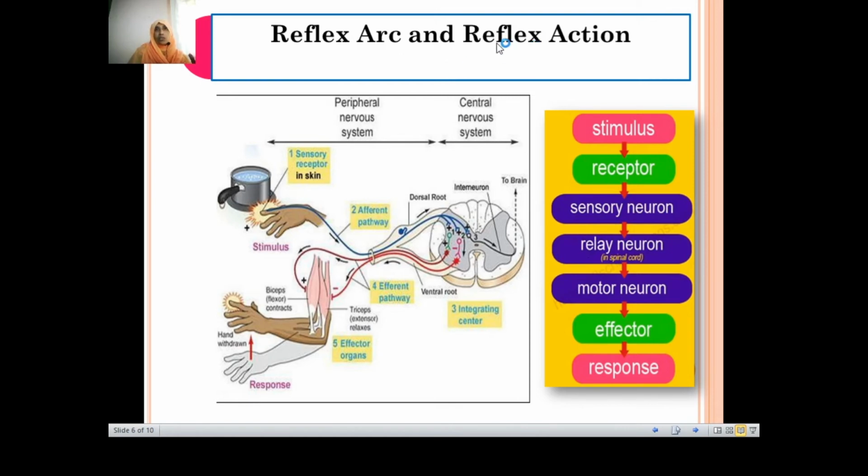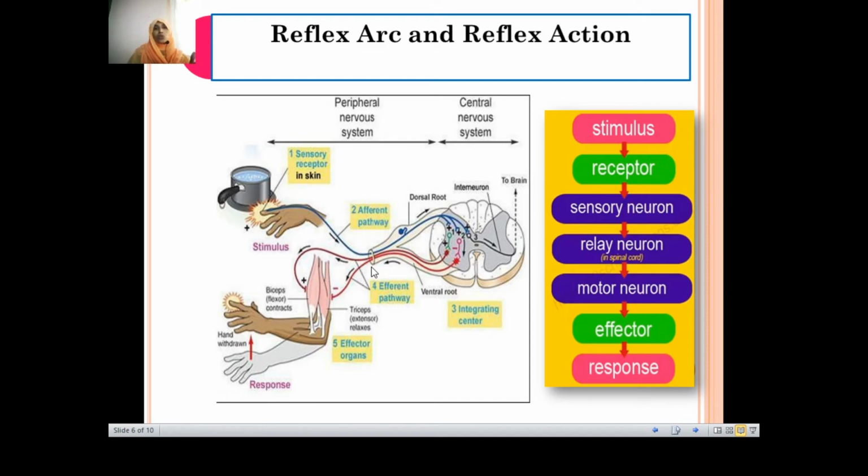Let's know what the reflex arc and reflex action are. It is your brain which takes command of all the processes that are happening. Every time it is not possible for the body to wait for the brain. Most of the thinking process involves a lot of complicated signaling. So this is just a protective way of reacting in case of emergency, rather than always waiting for the brain to give the command and signal, which has to pass all the way back to the effector neuron. Till the signal reaches back to the effector neuron, most of the damage would have occurred.